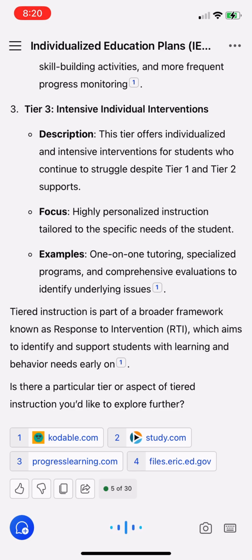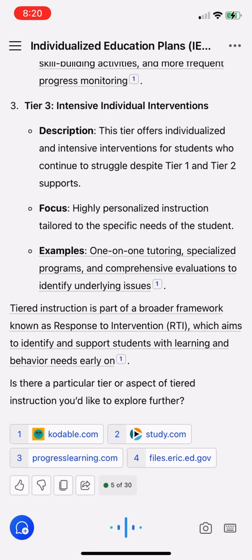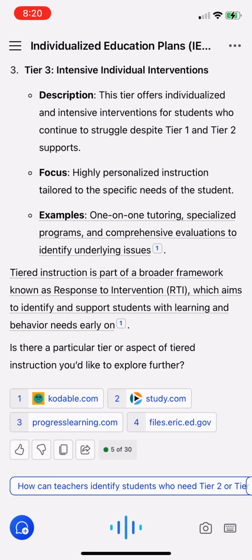Tiered instruction is part of a broader framework known as Response to Intervention (RTI), which aims to identify and support students with learning and behavior needs early on. Is there a particular tier or aspect of tiered instruction you'd